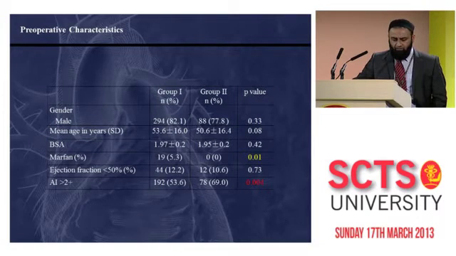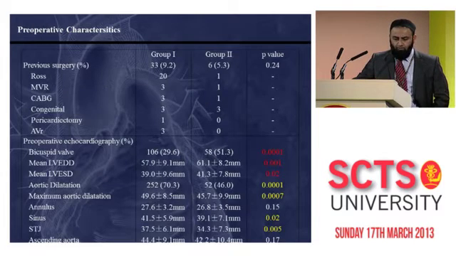There were a high percentage of Marfan patients in group 1, mainly because there were no Marfan patients in group 2. And the degree of severe aortic insufficiency was higher in the group 2 patients, which are the higher peak gradient patients. If you look at the preoperative echocardiography, we found that the percentage of bicuspid valves was higher in the higher peak gradient group, as well as the ventricular dimensions, again, maybe signifying that they had more complex, long-standing